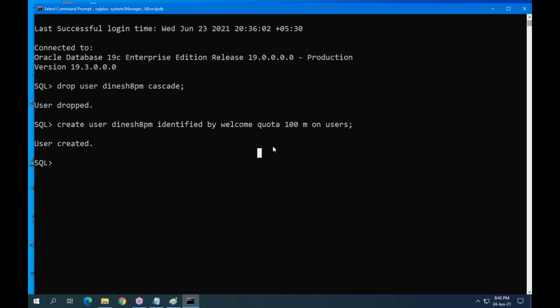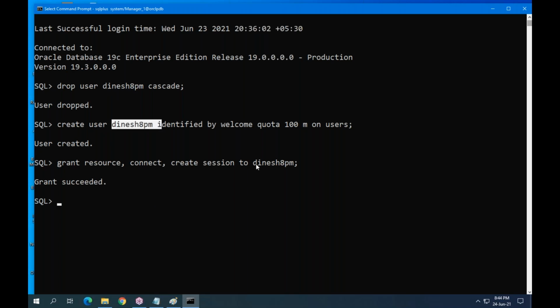So that's why in Oracle Cloud Database, this is compulsory while creating a user account. Next, grant resource, connect, create session to Dinesh 8 PM. Grant succeeded. User account is ready and the user has all basic permissions.